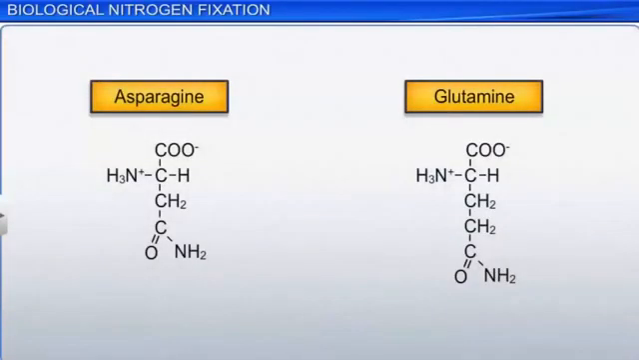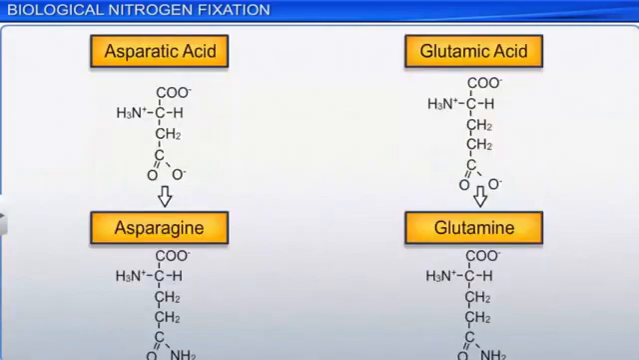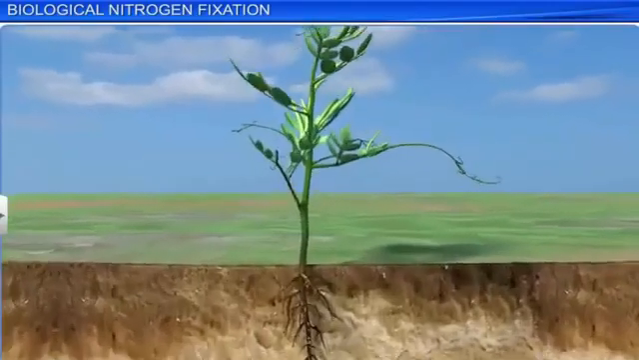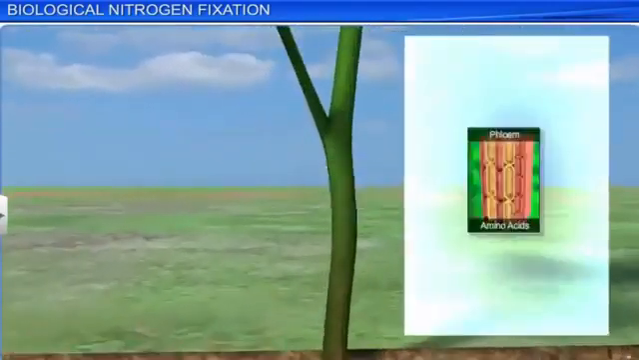This results in the formation of asparagine and glutamine from aspartic acid and glutamic acid. This process takes place due to the replacement of the hydroxyl group of the carboxyl group of aspartic and glutamic acids with the amino group. Amino acids are usually transported through phloem, but compounds such as